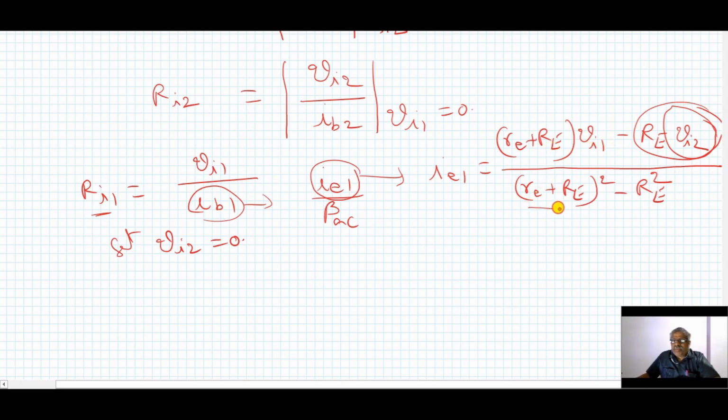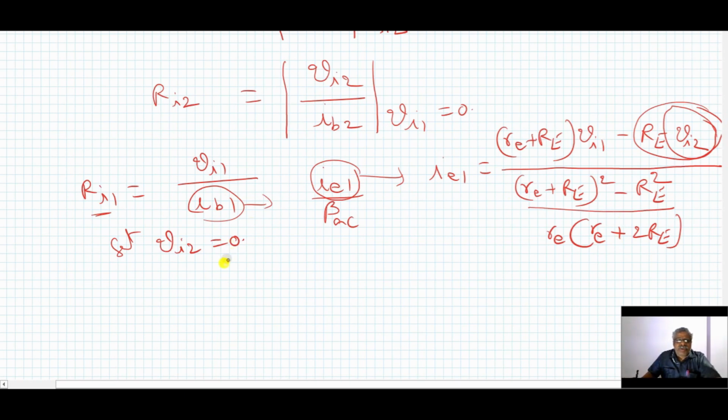And in the denominator, earlier we expanded this. If we expand this, small re square plus 2re plus re square. Re square will cancel out. And if you take small re common, that becomes small re into re plus 2 capital Re. This also we did just now above, so I need not do it again. Directly I am writing that here.